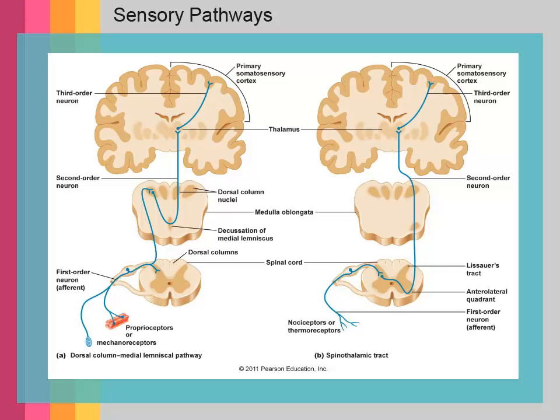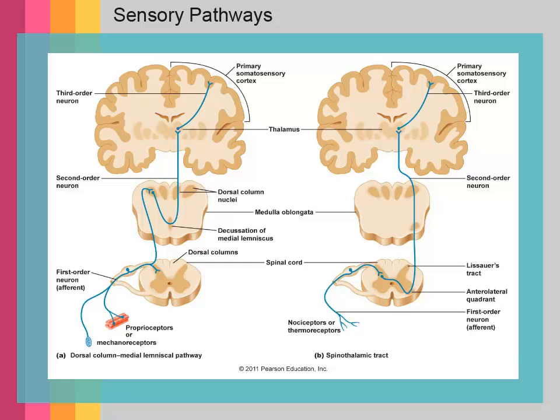This slide gives a better overview of the entire pathways of both the posterior column and the spinothalamic tracts. The posterior column modalities are depicted on the left, and you can see that there are three neurons involved in the pathway. The first in the dorsal root ganglia, which then synapses at the level of the medulla and continues on in the medial lemniscus and finally to the VPL, ventroposterolateral nucleus of the thalamus, to the primary somatosensory cortex,